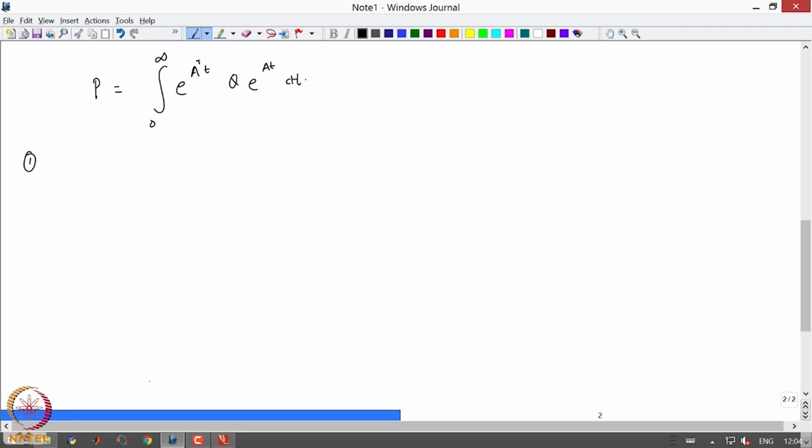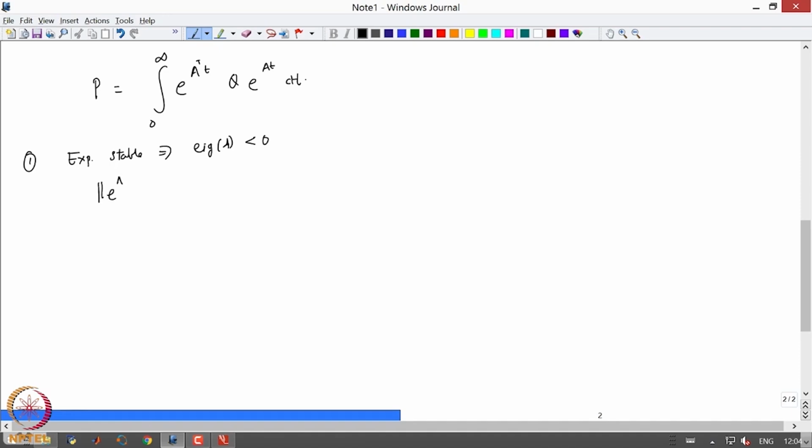So, what do I know? I know that the system is exponentially stable, which also means that the real parts of the eigenvalues of A are strictly less than 0. And therefore, if I look at this quantity